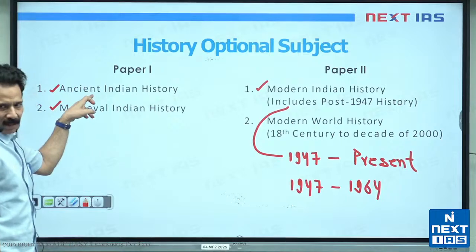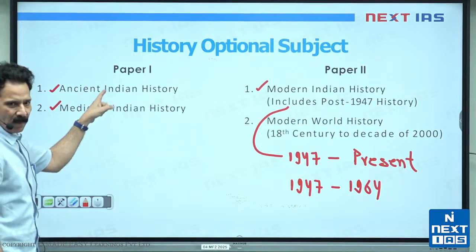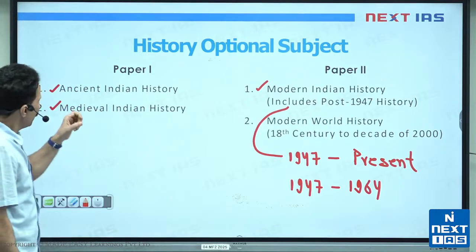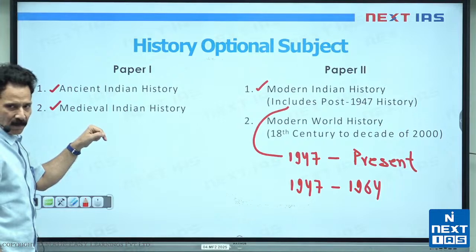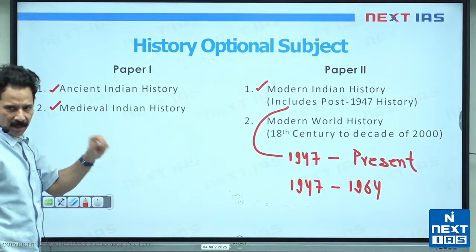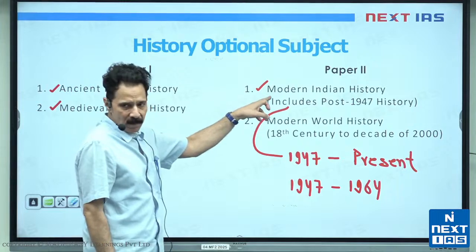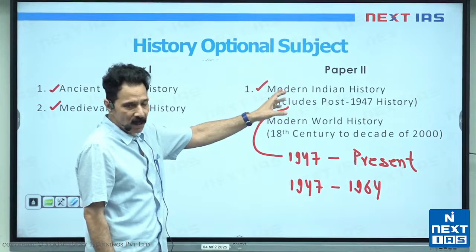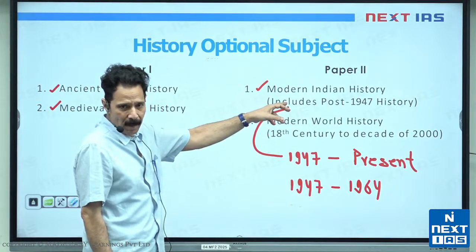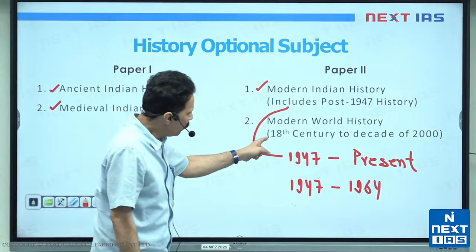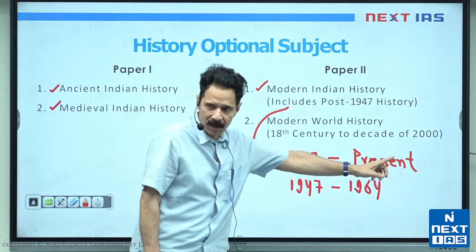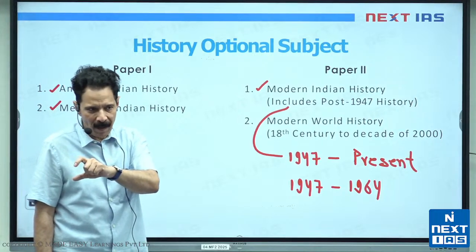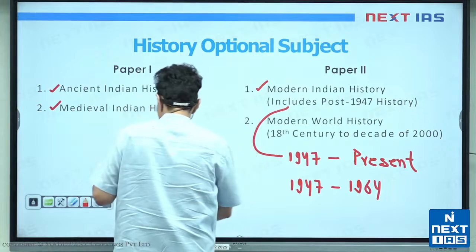Ancient Indian History is there in Prelim and Main, that represent ancient art and culture. Medieval Indian History is in Prelim, plus medieval art and culture is in Main. Modern is in Prelim, modern is in Main. That includes post 1947. Plus modern art and culture is also there. Modern world history, same syllabus is there. In GS, if we have seen the syllabus, it is mentioned from 18th century, major events from 18th century. So this entire is there,